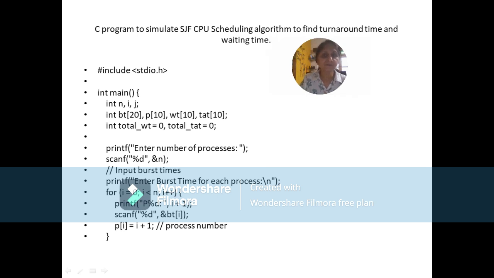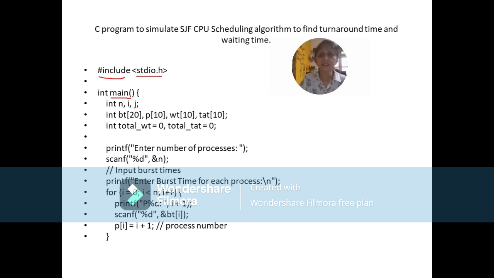If you see, the first line is #include. This is a preprocessor directive, and what are we doing in this? We are asking our compiler to include our library file, or the header file, known as stdio.h. Then the next line is int main. This is our main function, and this is always the entry point of our C program. The execution of our C program will always start from the function main.